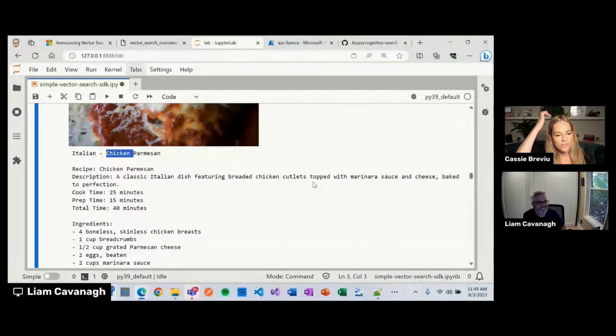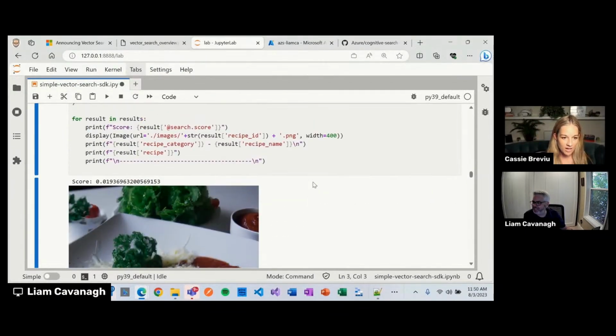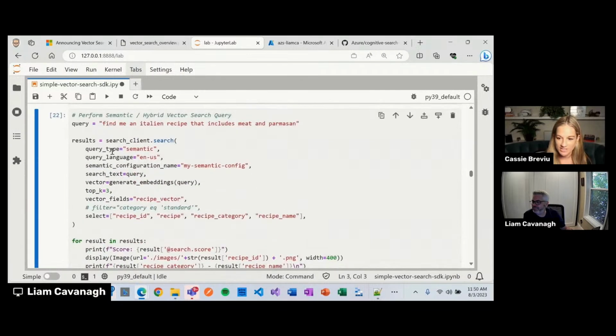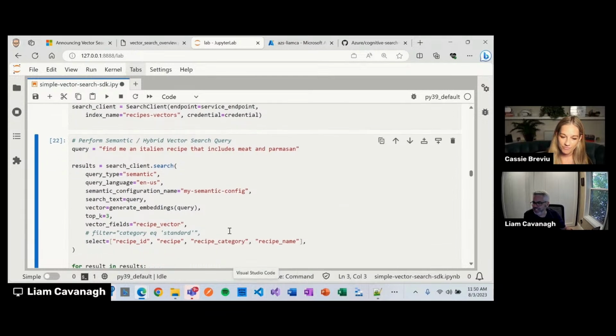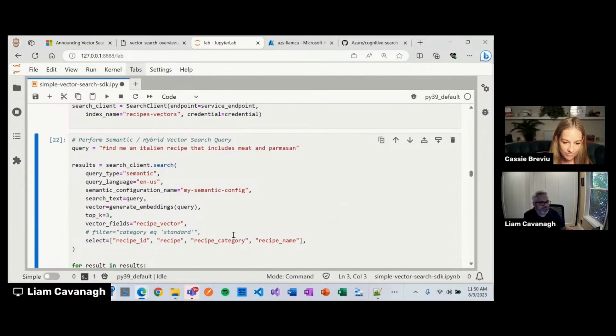So I'm sure hopeful that everyone's going to join for some of those subsequent sessions as well. Yeah, that is super cool. So the only thing that I changed here, can you go back up to the query that you sent in? Absolutely. The only thing you changed was the index you were pointing at. The query and everything else you sent in is the same. That is correct. That was the only change I made. It has the exact same type of queries. It is using semantic, as you can see here. I do have a couple additional fields in this one that I didn't have in the other index. So that's basically the only change.